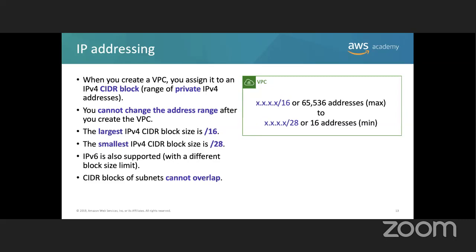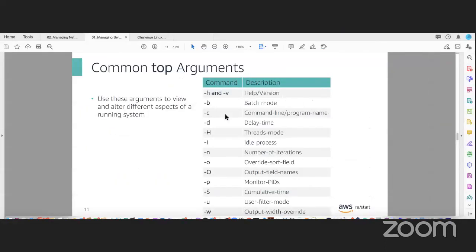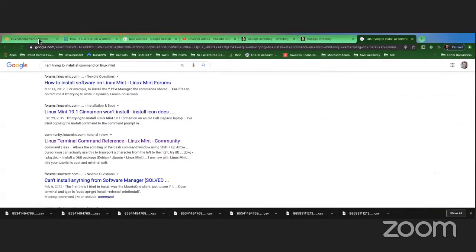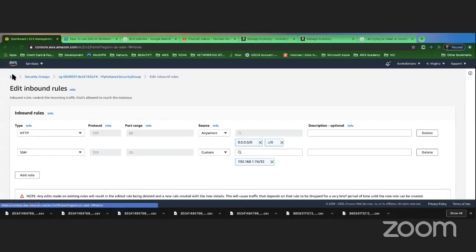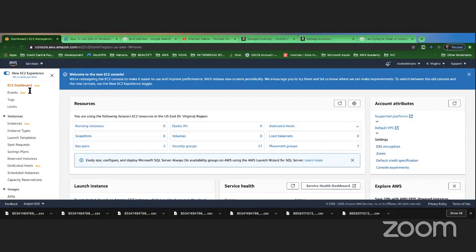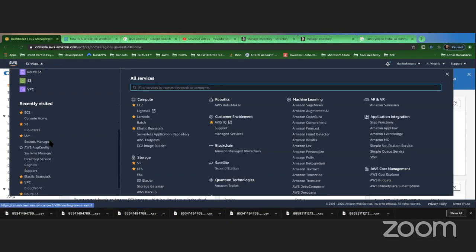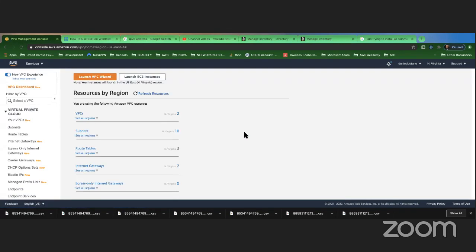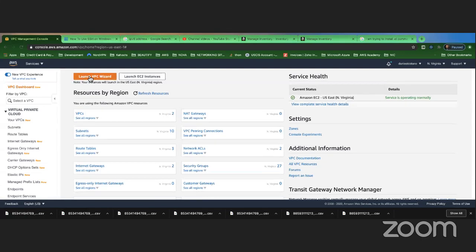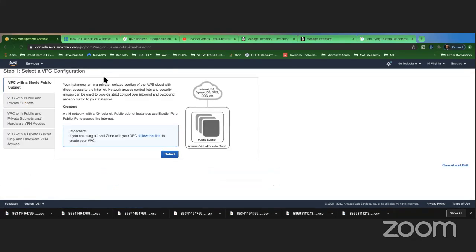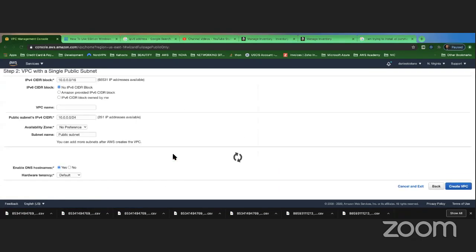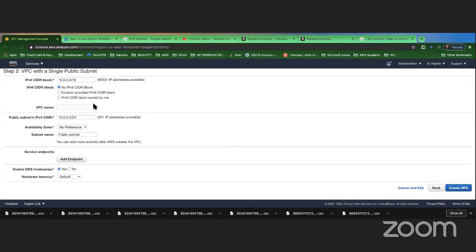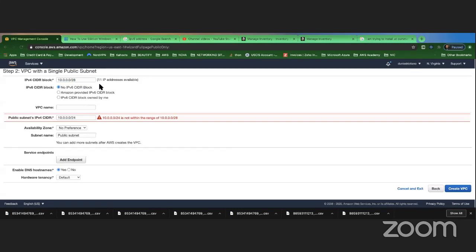Let me come here and see if I still have access to this. I come here where it says VPC, and then I want to launch the VPC wizard. So this is the highest you can go. You can put here /28, right? And that's going to be